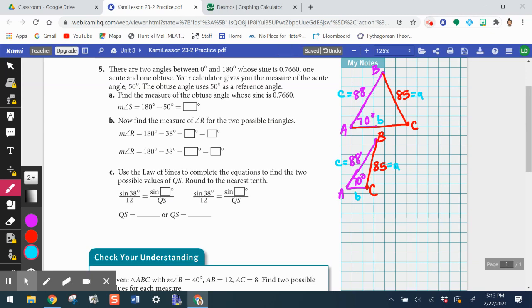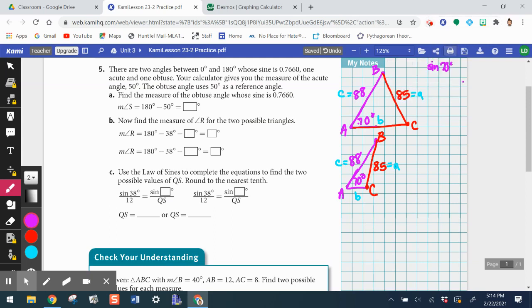So now we have everything labeled, and our first task is to find the measure of angle C. And that's great that they tell us to find the measure of angle C, but we need to understand why we should find that angle first. Well, we're definitely going to use the sine of angle A and its opposite side because we know the measure of angle A and its opposite side. But why should we find angle C first? Well, we know the length of its opposite side, so we can find that angle knowing the length of its opposite side. So we're going to use the sine of A, which will be the sine of 70 degrees